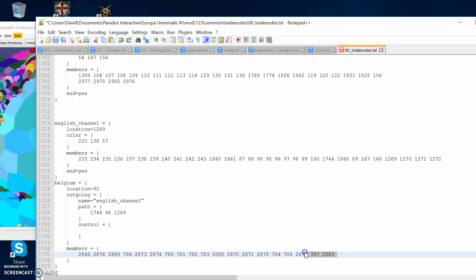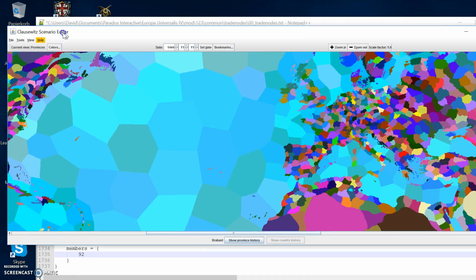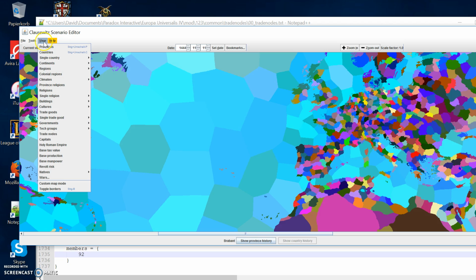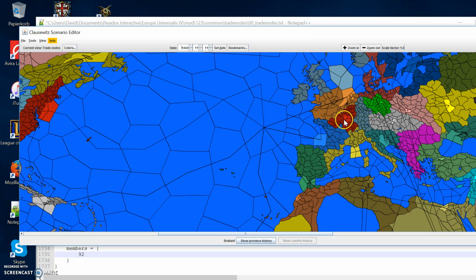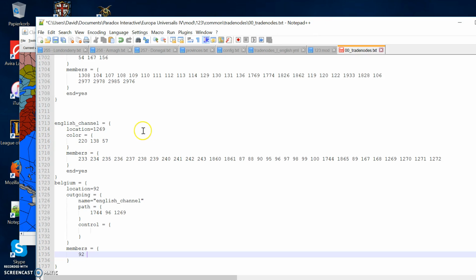To start, we want to add the province of 92 to our trade node, so we now need to find out in which trade node that is. The Clausewitz scenario editor has a nice thing. We click trade nodes, and then it shows the trade nodes. And Brabant trades in the trade node of Champagne. So we have to scroll up,